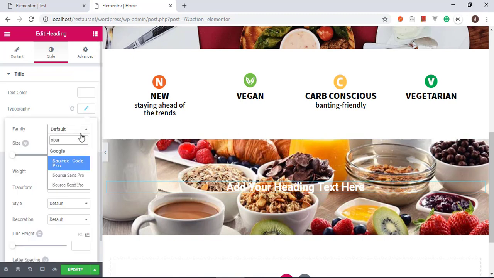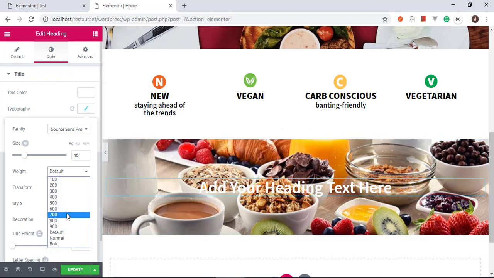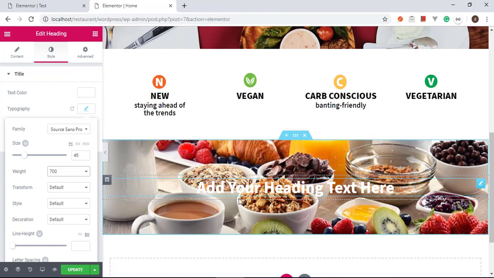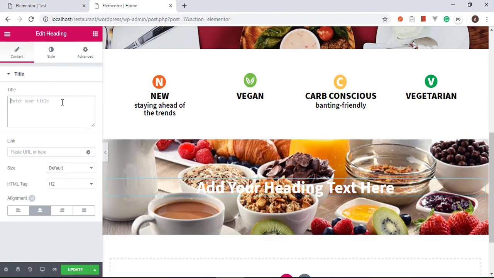For the font family, I'm gonna choose Source Sans Pro, and for the size, I'm gonna give 45 pixels. Okay, it looks a little bigger. For the weight, I'm gonna choose 800. Okay, it's a little bolder now. I think that's okay for the section, but we have to change the text as well. We have to change it here to breakfast menu. Okay, I'm just gonna save. I'm just gonna update,